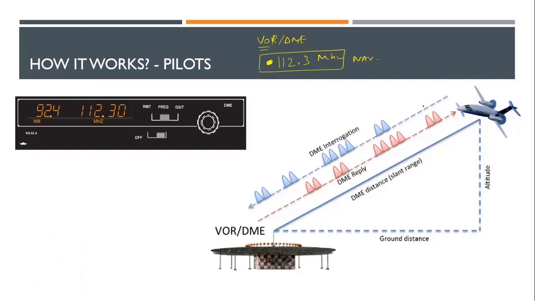Okay, you can see the blue one, and you can see clearly that the pulses are randomly placed. The pulses are randomly placed. The aircraft only knows it. If the return signal is also randomly placed in the same region, same unique code, okay, then only the aircraft will receive it and the connection will be established and the aircraft will be able to receive the range. In this case, it's 92.4 nautical miles. You can see the display is here. And that is always the slant range. Okay. You can see here, everything is clear in this picture.